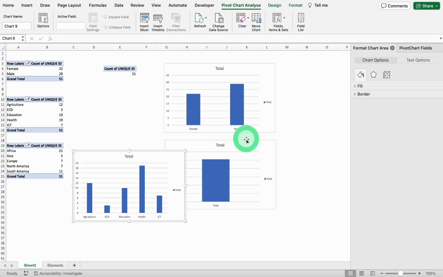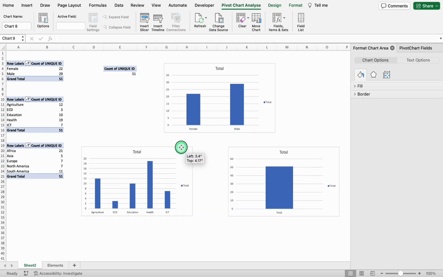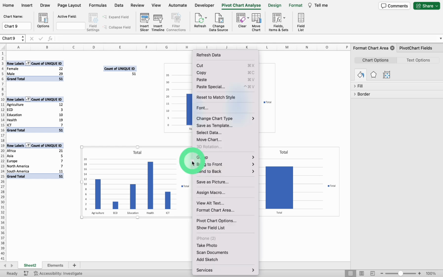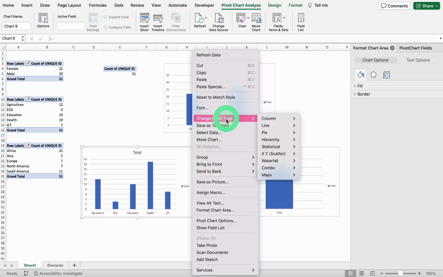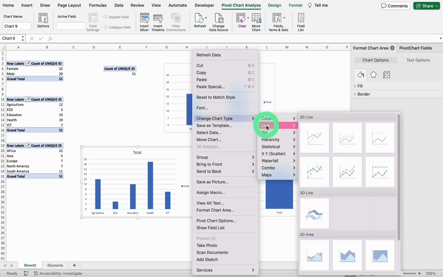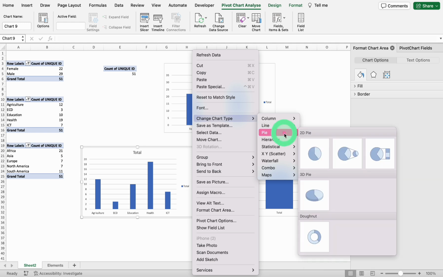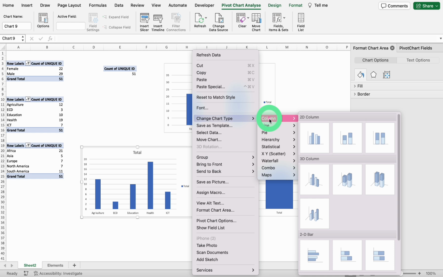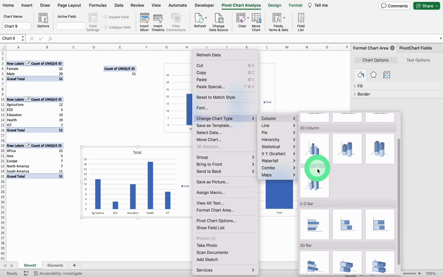However, at times you may get tired of only seeing bar graphs, and you'd want to change that. How you would go about changing the graph that Excel has chosen for you is you would go to the graph, right click on it, and here there is change chart type. As you hover, you can see it gives you different options of what you can use. There are options now of, okay, you want the column charts, you want the line charts, and there are a lot of different lines you can choose from. If you want the pie chart, if you want any other. So within this one, let's change it to this one, if maybe you wanted this one,